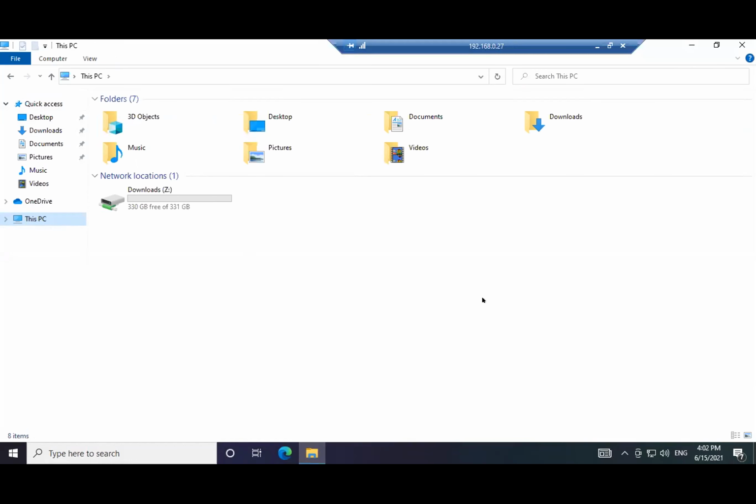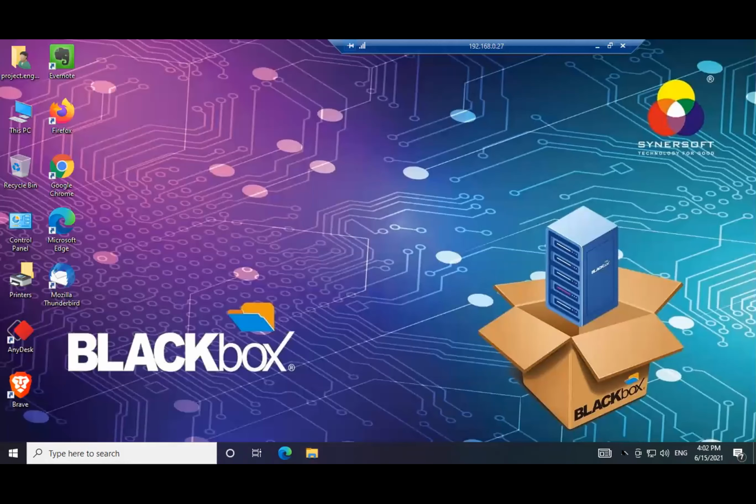Now let's say all his work is over. He can again go out of the happy hours. He can just click on that and disable the happy hours. As soon as the happy hours are disabled, all internet restrictions will apply again, and all the folders will be remounted. So he can remount all the folders, and then he can work on the data which he has downloaded. The data he downloads, it will remain